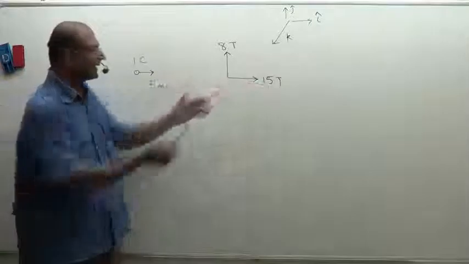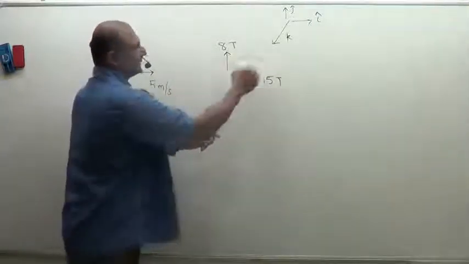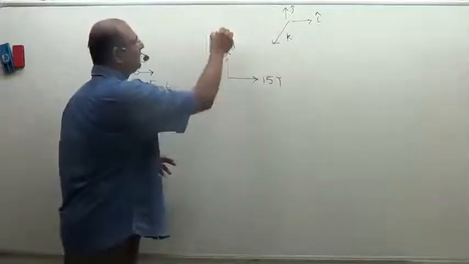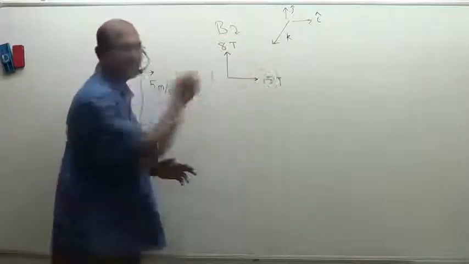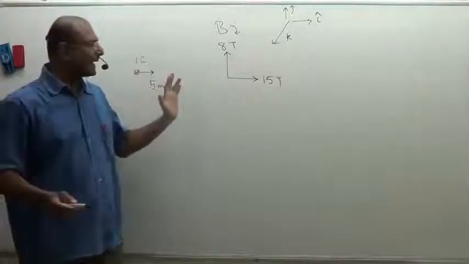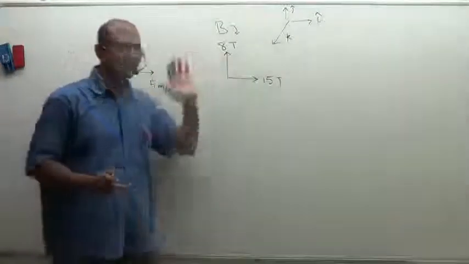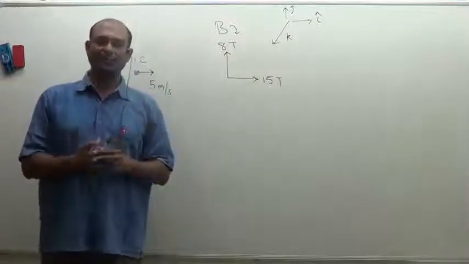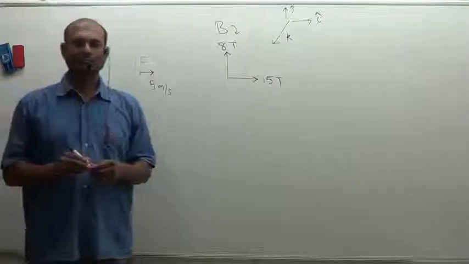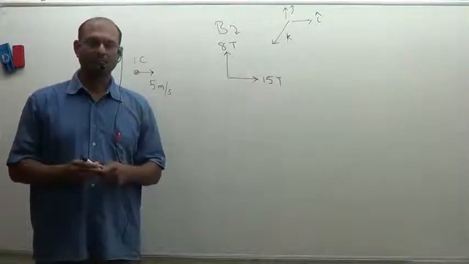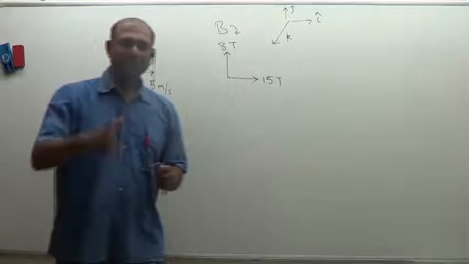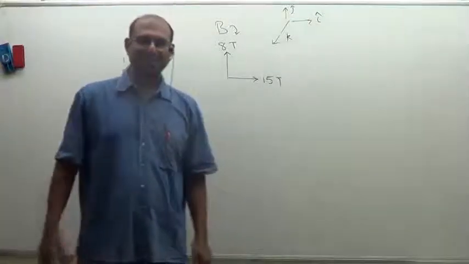Okay. So the magnetic field is actually pointing somewhere like that because 15 plus 8 will go that way. I have just resolved it and given it to you. So this is the net B field. Now this charge is entering, the charge is 1 coulomb. What I would like you to calculate is the force on this charge. As soon as it enters this magnetic field, what would be the force on this charge? Can somebody quickly try it? If you have finished, can you raise your hand? You can tell us the answer.